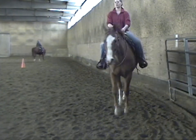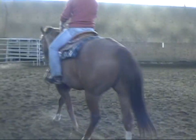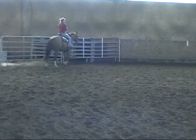Kind of push him over a little bit. Bump, bump, bump, bump. He's doing something down there. There you go. Good. And she did that very well. When I said bump, she immediately bumped to the inside. Perfect. You don't want to just bump straight down because then you're going to hurt the neck